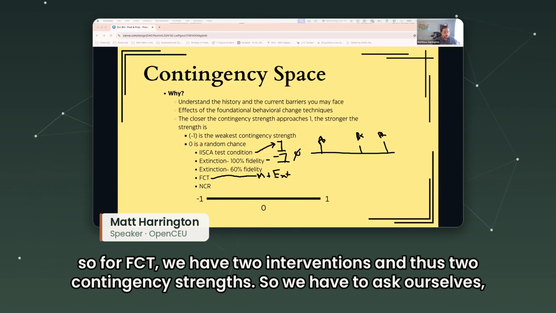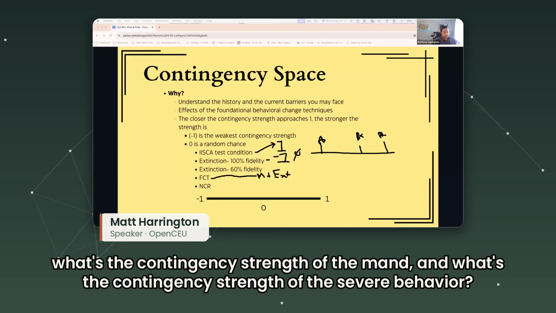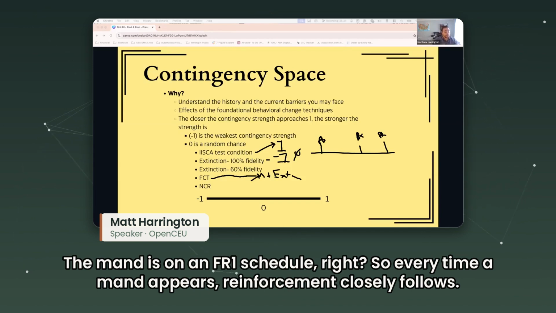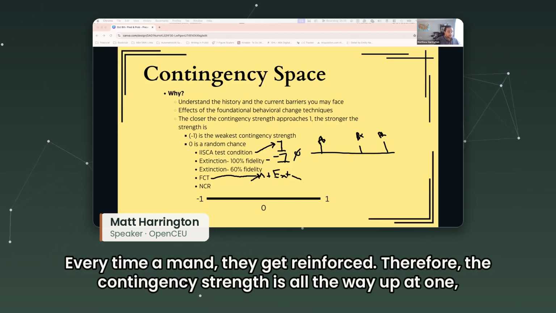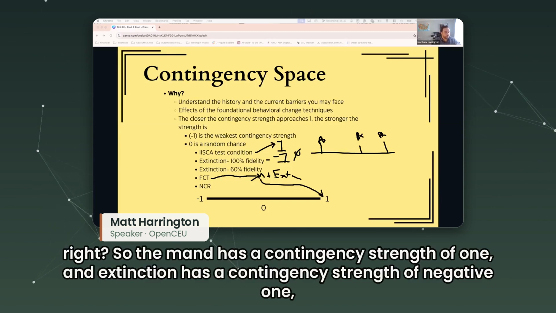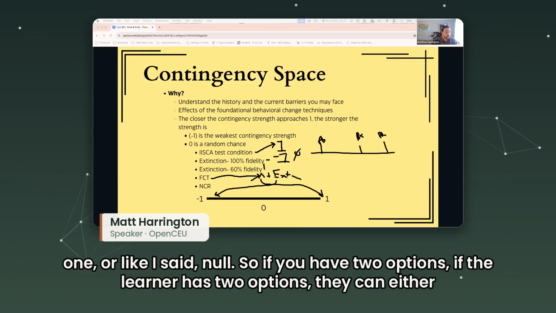So we have to ask ourselves, what's the contingency strength of the mand, and what's the contingency strength of the severe behavior? The mand is on an FR1 schedule, right? So every time a mand appears, reinforcement closely follows. Every time a mand, they get reinforced. Therefore, the contingency strength is all the way up at 1, right? So the mand has a contingency strength of 1, and extinction has a contingency strength of -1,